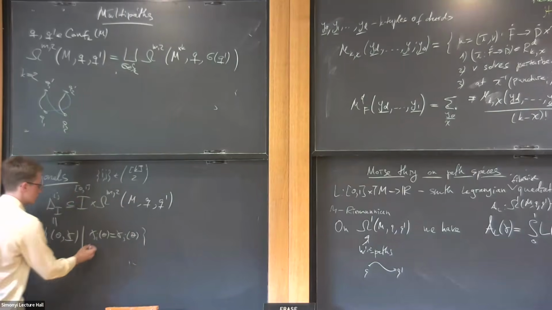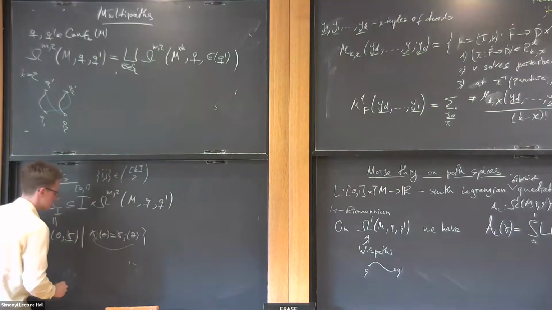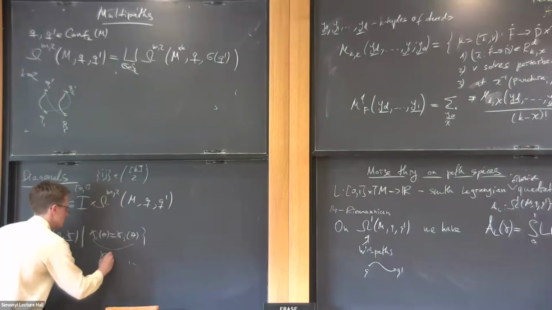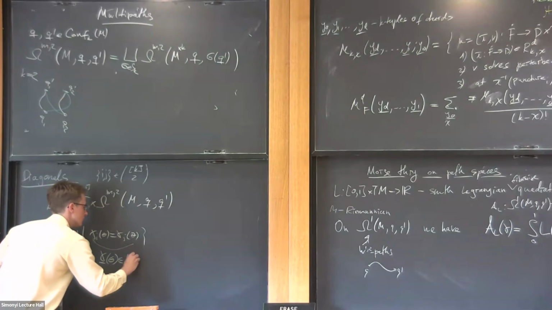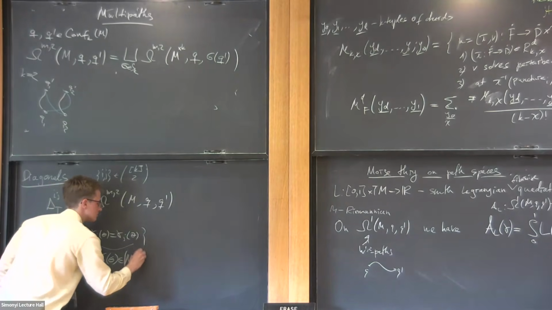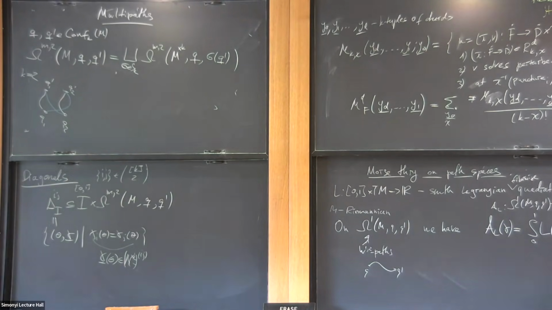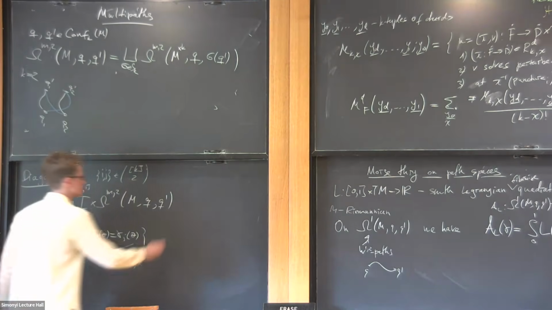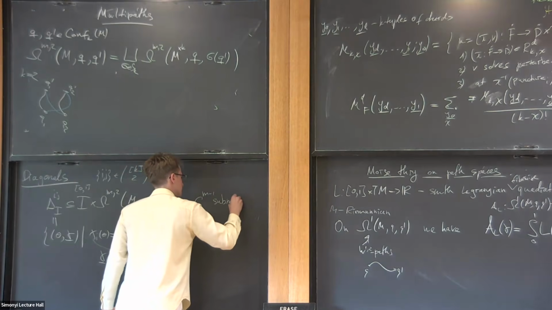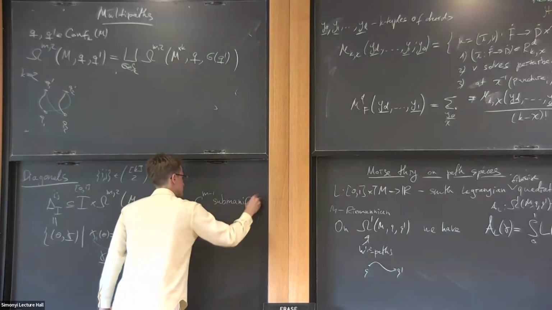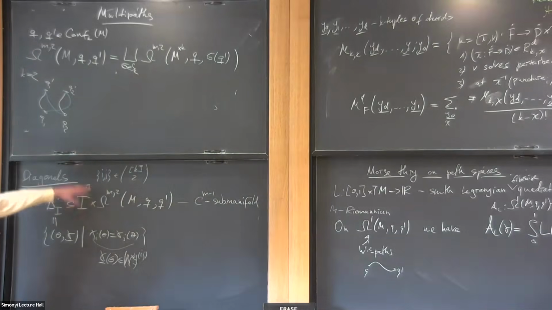In orbifold language, you can say that gamma of theta belongs to the fixed point set of the action of the transposition (ij) on the k-fold product of M. So this is a C^{m-1} submanifold,